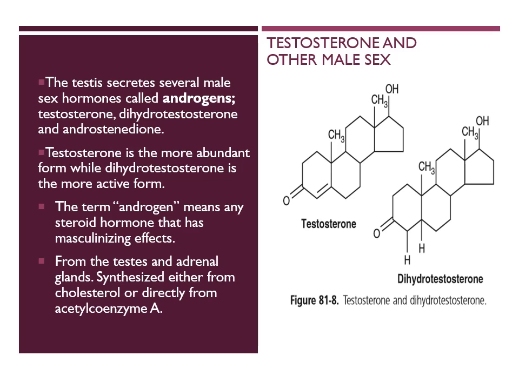However, the less abundant and more potent hormone is dihydrotestosterone, which is the more active form. But most of the testosterone is converted into dihydrotestosterone in the target cells. So the term androgens is related to the masculinizing effects of these hormones, which are important to give men the male secondary characteristics,